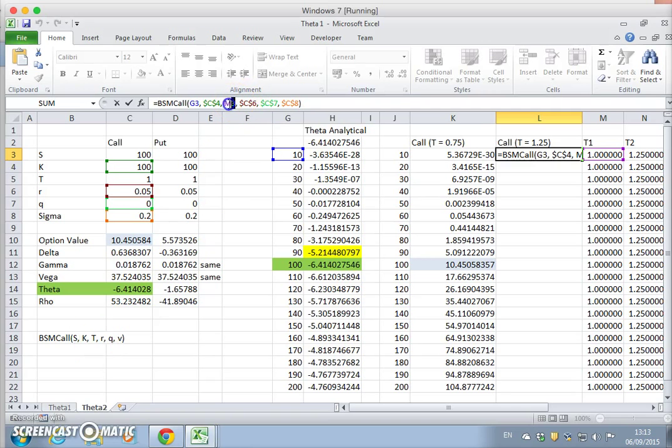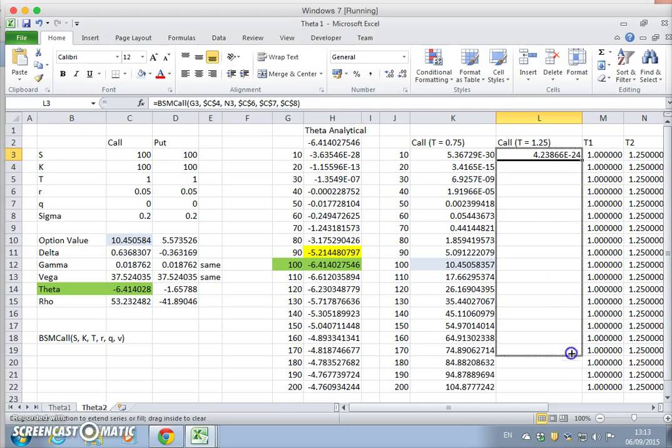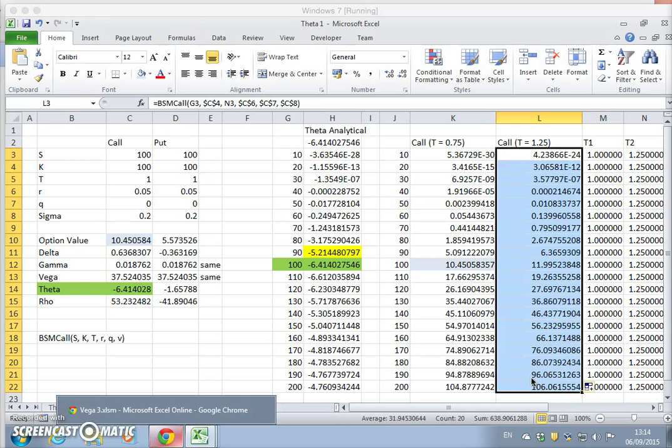Let's change that to the higher time period. So it's N3 as opposed to M3, and it should be a higher value. And we'll pull this down, and I'll verify in the next